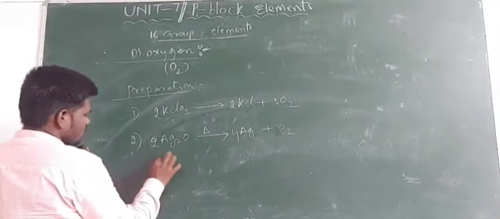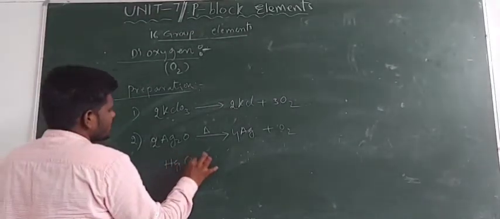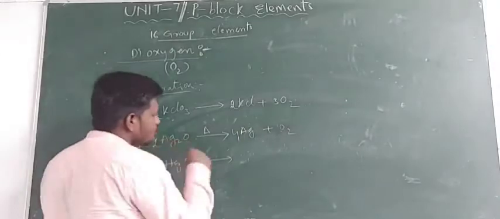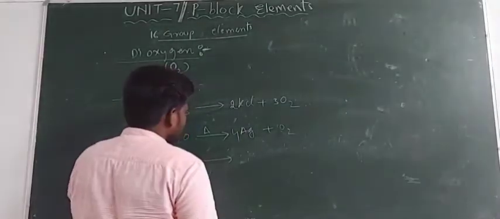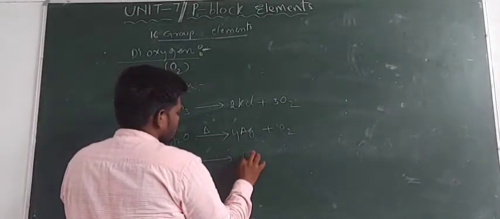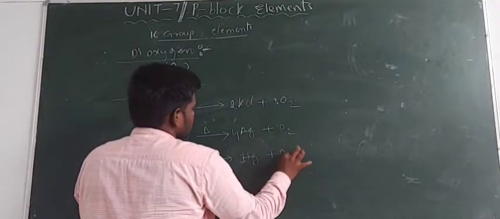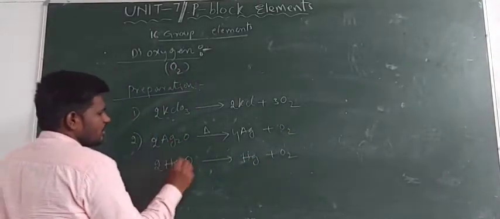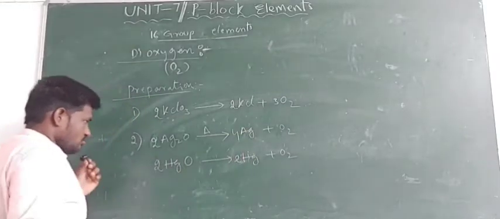The next one, upon heating HgO. This is mercuric oxide. Upon heating this one, we can get Hg plus O2. So multiply with 2 here, and this one also multiply with 2. And the next one,